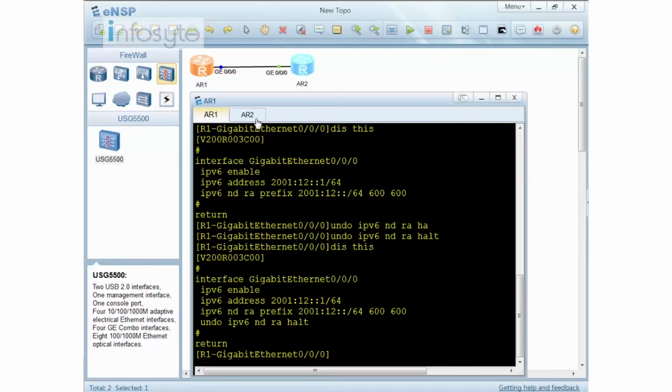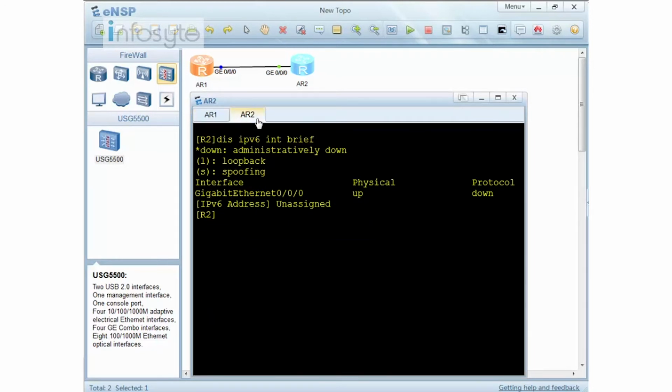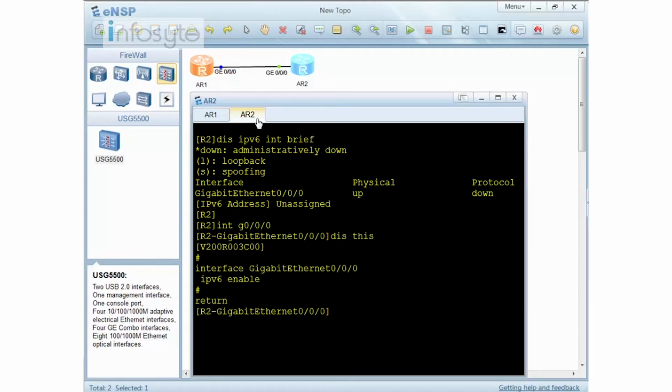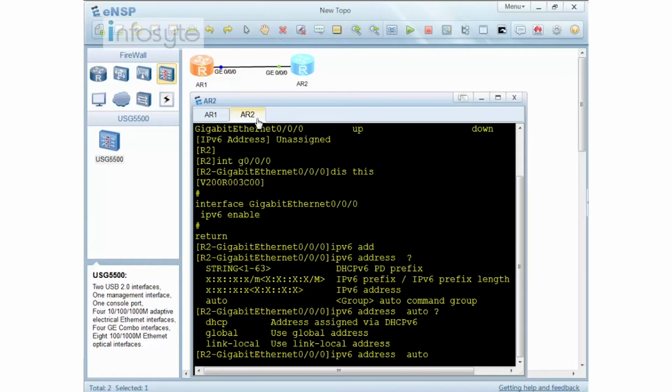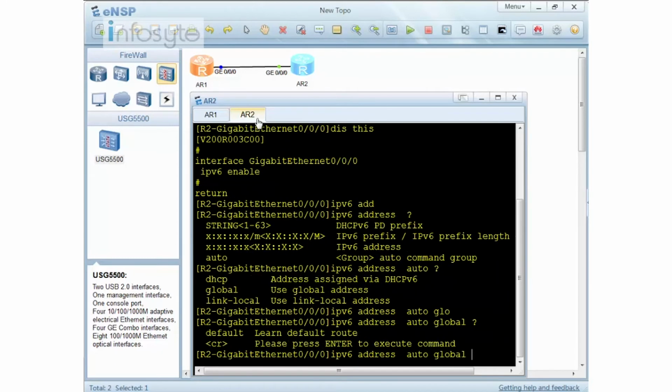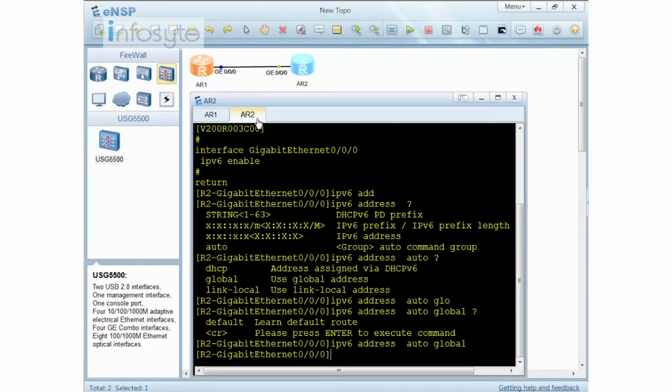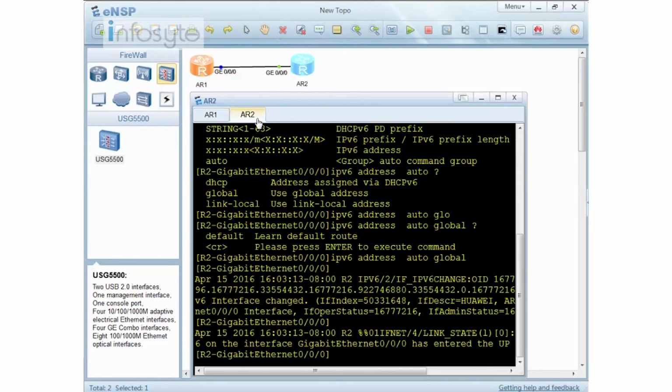And now I'll go to R2. Now since R2 does not have any IP address, and we are going to configure the IP address through SLAAC, let me go to the interface. Okay, and I just want to show you here there isn't any IP address. Now we are going to use a command called auto. Alright, that is where we are going to use the stateless address autoconfiguration. Next, I'm going to look for the global. Okay, that's all. Enter. Now you can see that